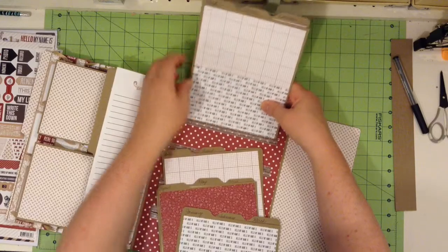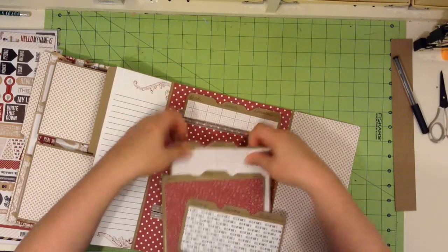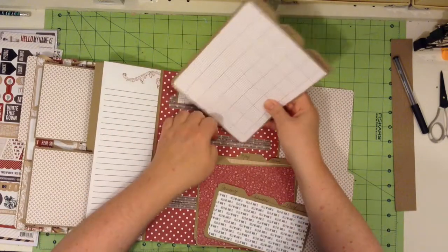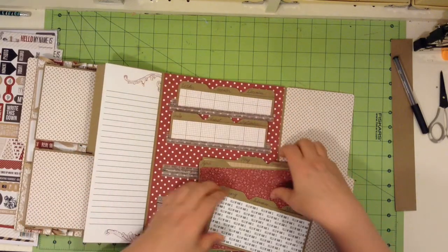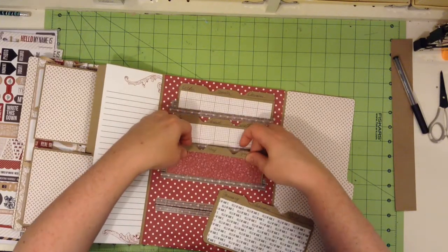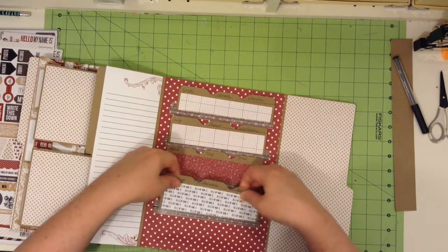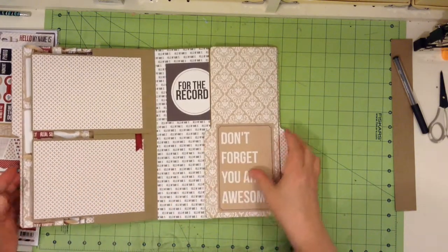So that is this back part here with the slit pockets, and it does create a bit of bulk. So you may want to only put 1 tag per slit pocket. And then you would have less bulk, especially if you're going to start putting photographs on. So there we go. That is the walkthrough of